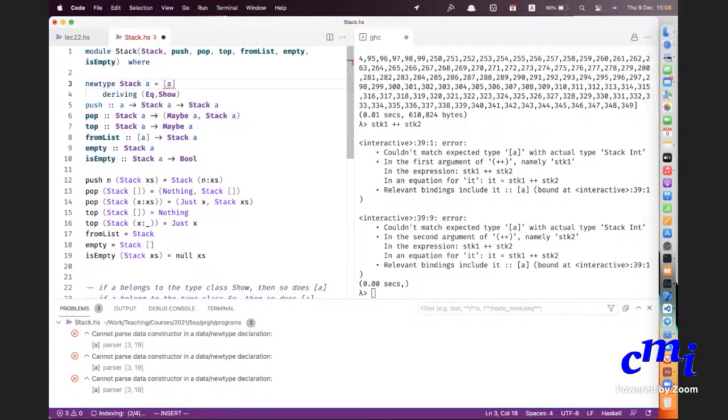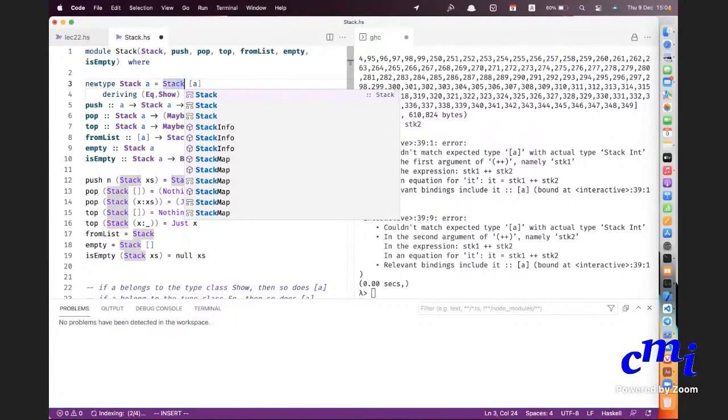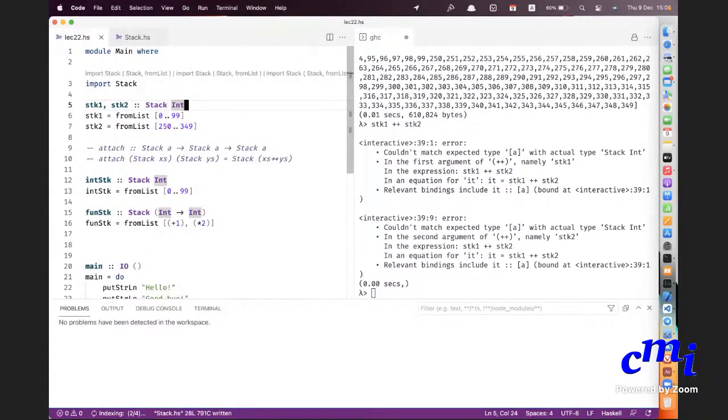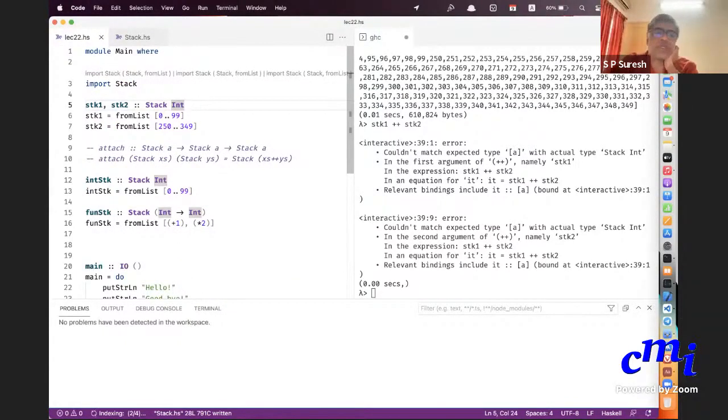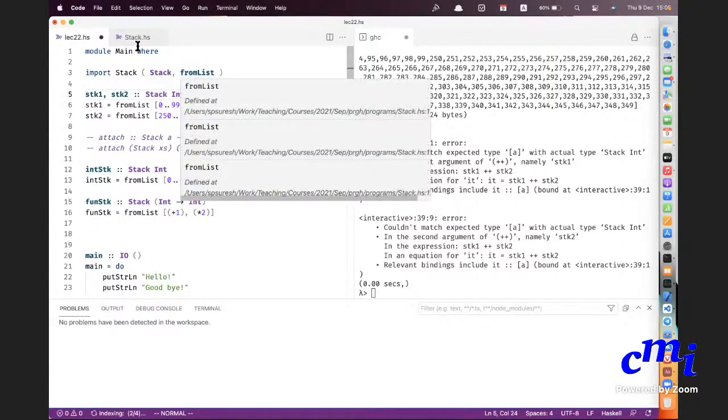Sir, I actually had a question. This is about pattern matching. Here, I would assume that we wouldn't be allowed to pattern match at all. What I was thinking is that because fromList is defined as equal to Stack, we just replace Stack in our attach method with fromList. I would assume that doesn't work, but I'm confused as to why.